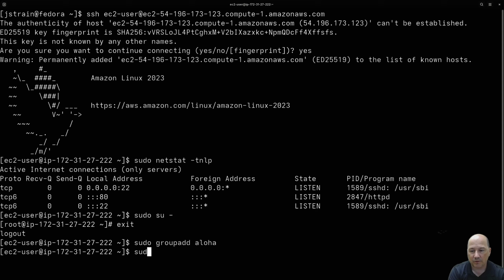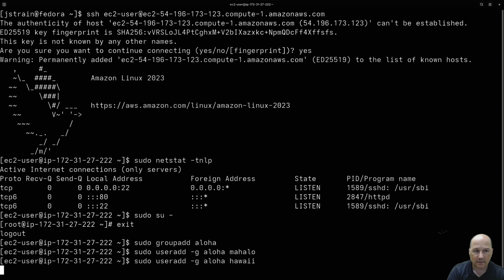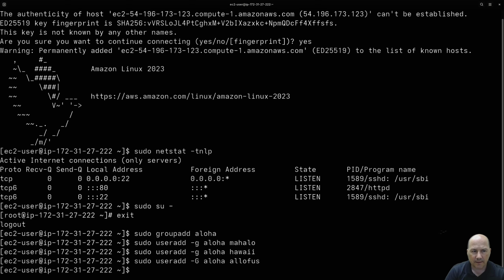and we're going to do sudo useradd, and we're going to do a lowercase g, aloha, for mahalo. And we're going to do that same thing for Hawaii. And let's do all of us. In fact, let's change this one to uppercase G. Okay, so, and we could actually cat, let's just do a tail -n5 /etc/groups. Now,